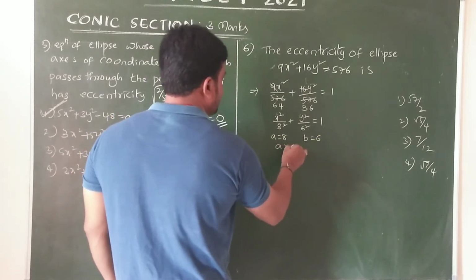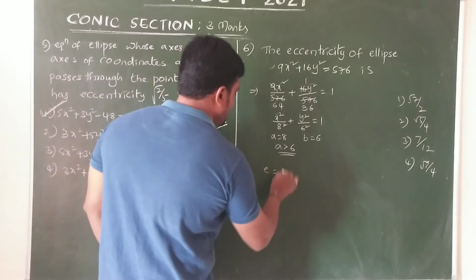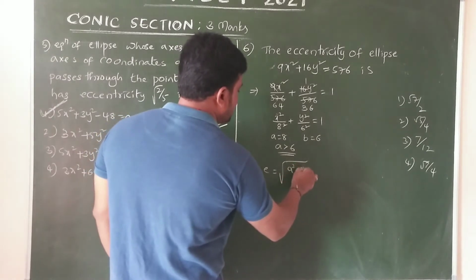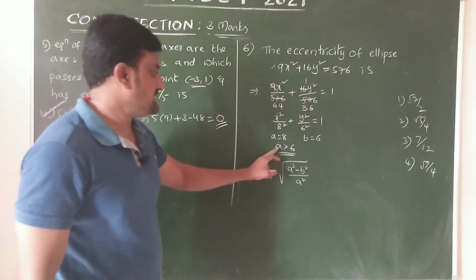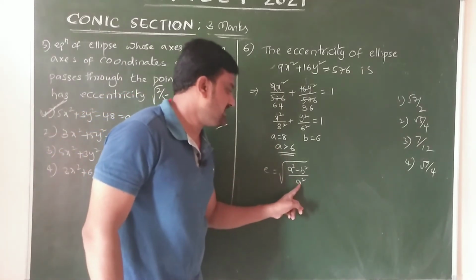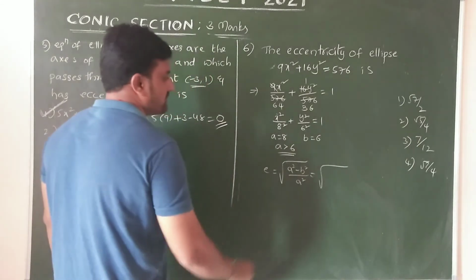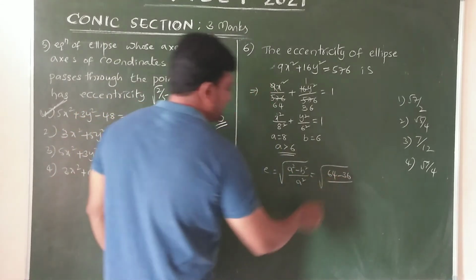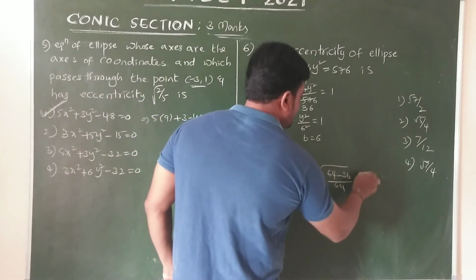Now a is greater than b. Okay, now eccentricity equals under root a square minus b square by a square. Okay, the greater one is always the denominator, remember. Then under root a square, 64 minus 36 by 64 equals to,